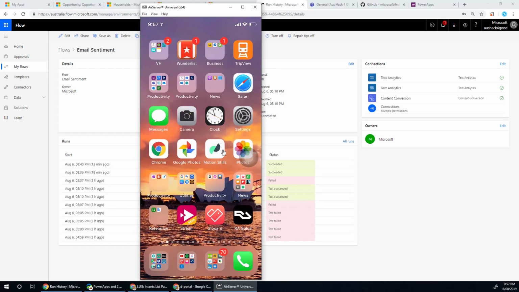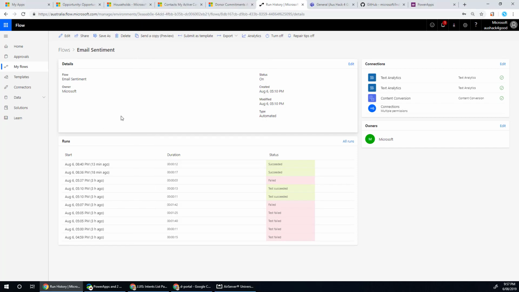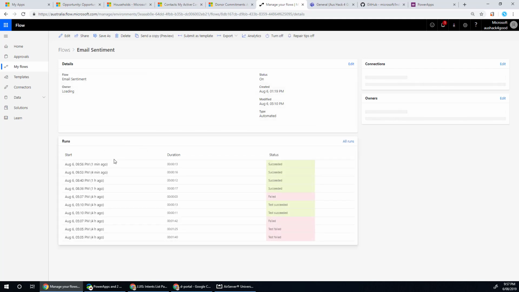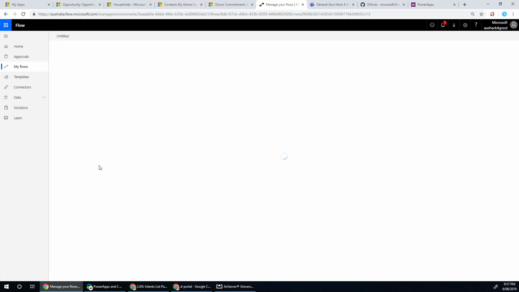So what's just happened is that one of the emails which came into our organization was almost like a machine understood it and then made a phone call to someone who is their relationship manager, and then pretty much provided that information to them. So let me show you what just happened in the background as well, because the possibilities with this are endless.